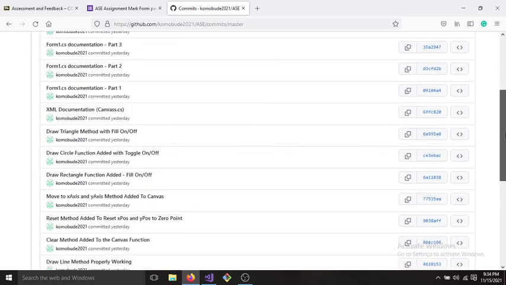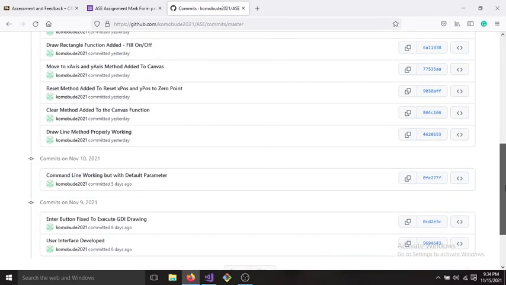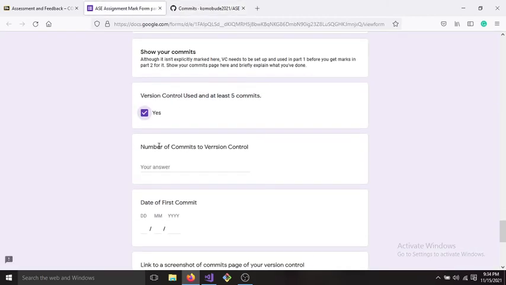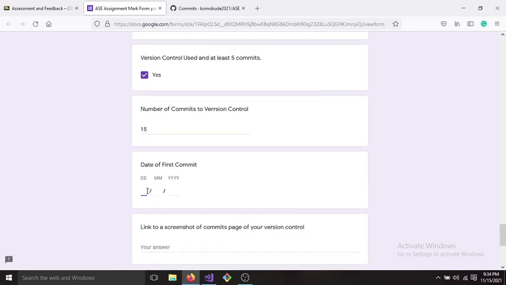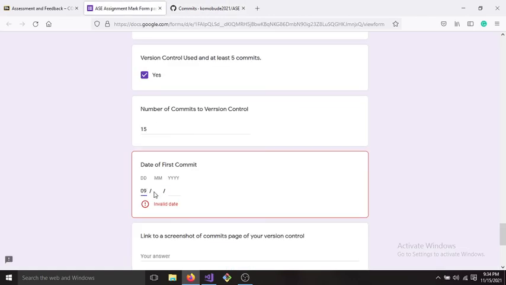I'm going to also send a screenshot of my commits. My first commit was done on the 9th of November